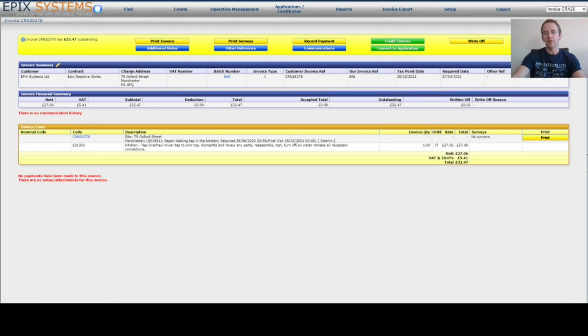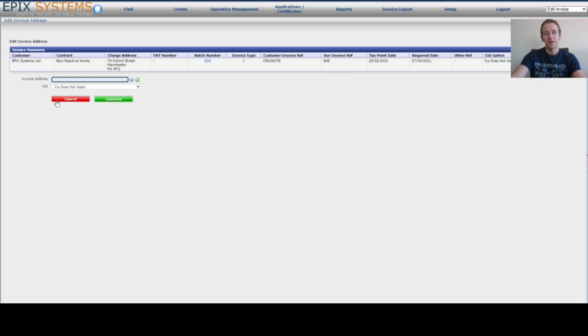Now I did say that this can be changed at invoice level as well, so if you make a mistake and you have set the wrong setting, or indeed just perhaps for this one invoice the CIS settings are slightly different, you can make the change now by using the edit pencil on the invoice sheet here on the invoice summary. So if we click to edit, as well as being able to change the invoice address, we can also change the CIS settings. So currently this is set to CIS not applying, but if we change that now,